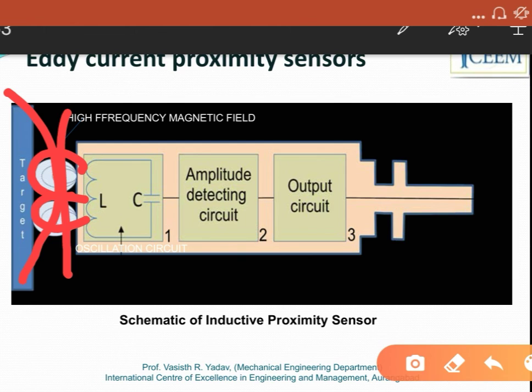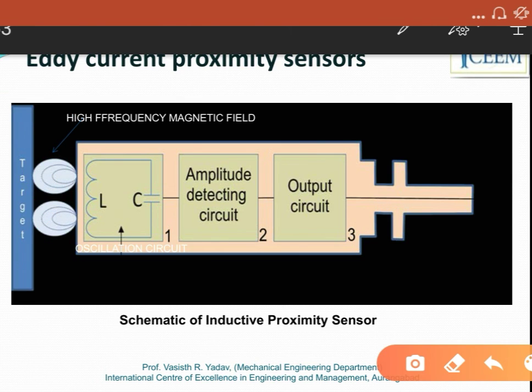Due to this created magnetic field, some magnetic field will also be generated inside the target, and this generated magnetic field will distort the original magnetic field, and as a result of this, the impedance of the coil changes, and so the amplitude of the alternating current changes, right?